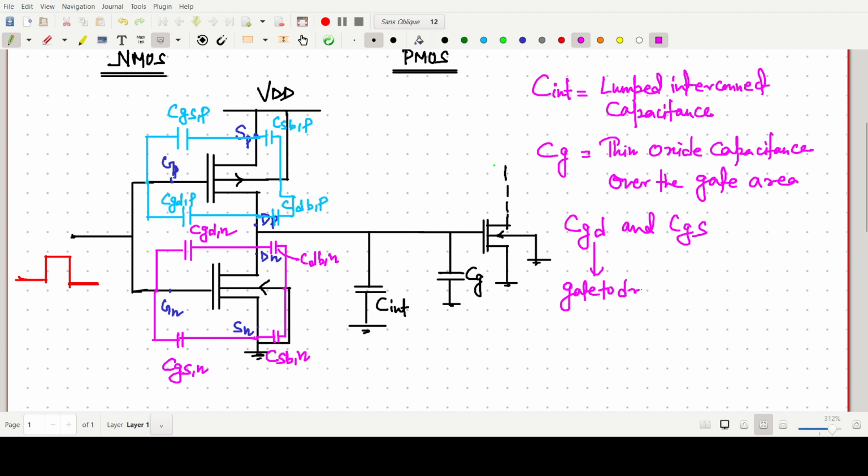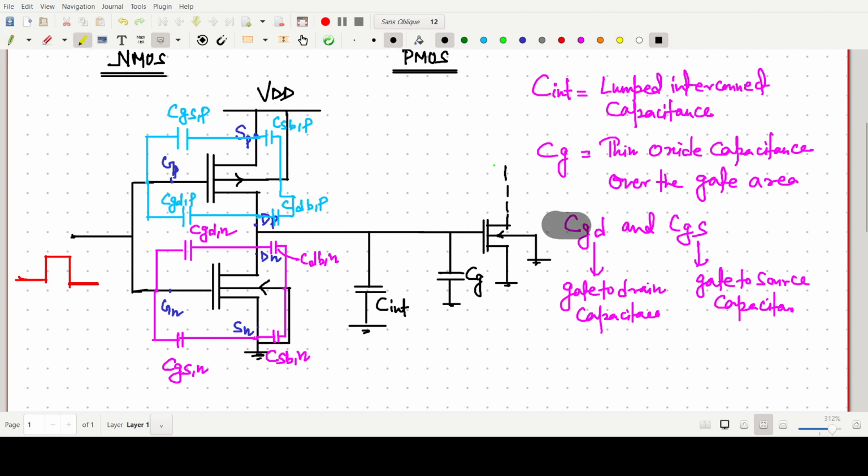This one is again gate to drain capacitance. Okay, and this one is our gate to source capacitance. Okay, and these capacitances, these two,